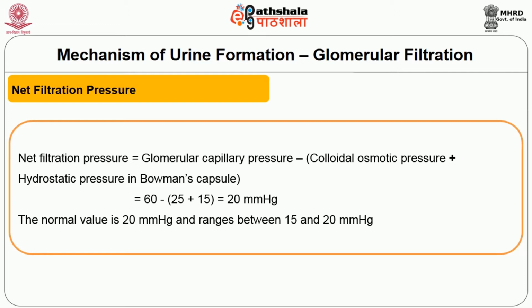Thus, net filtration pressure is equal to glomerular capillary pressure minus the sum of colloidal osmotic pressure plus hydrostatic pressure in Bowman's capsule, that is equal to 60 minus (25 plus 15), which is equal to 20 millimeters of mercury. The normal value of effective or net filtration pressure is 20 millimeters of mercury and ranges between 15 and 20